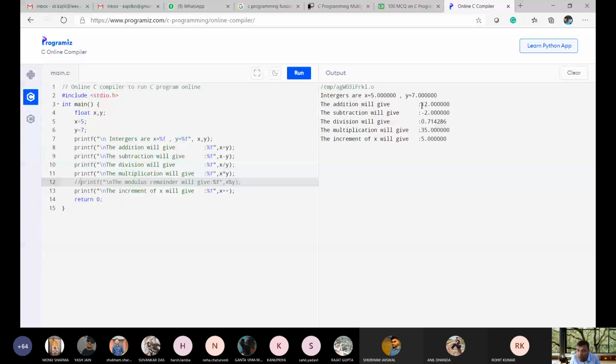If I write one more printf statement over here, and I just write x, then the answer will be correct. The problem is that this statement will print x only, and plus plus, after printing, will increment the value. So let us see the impact of this.